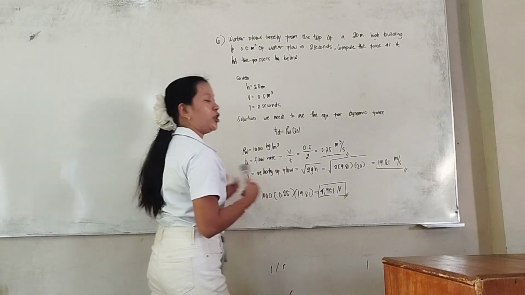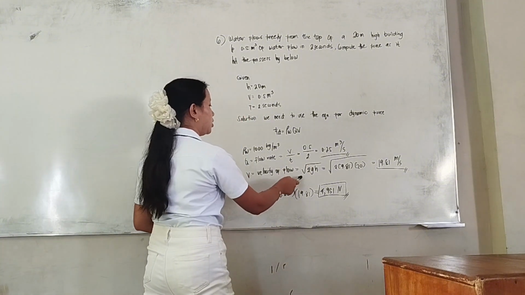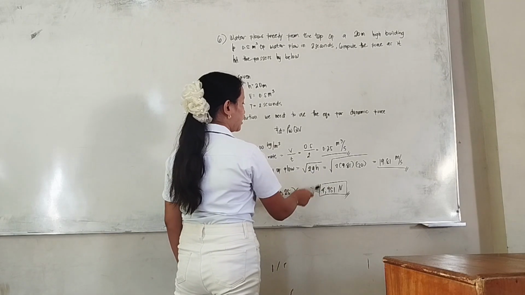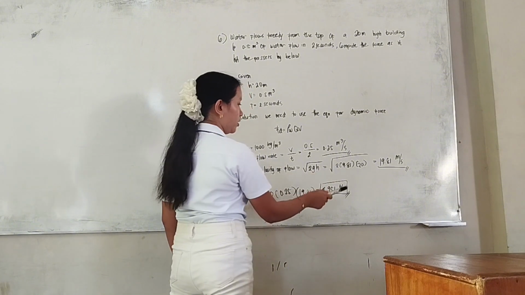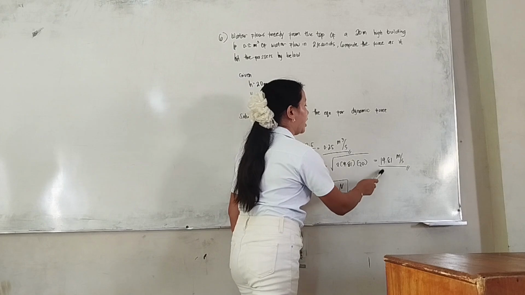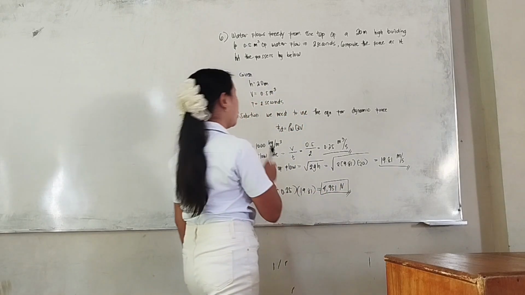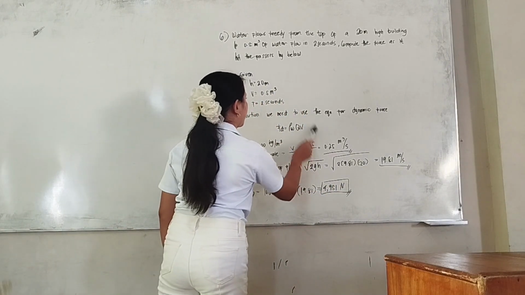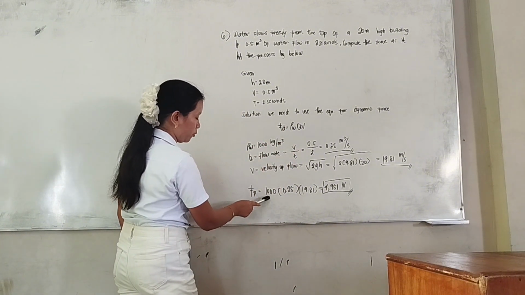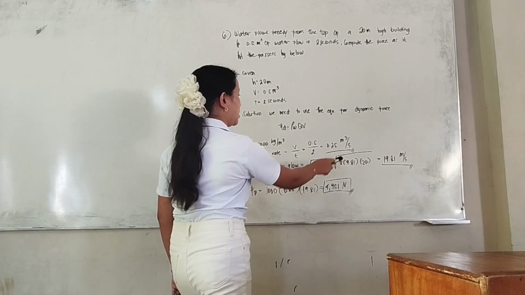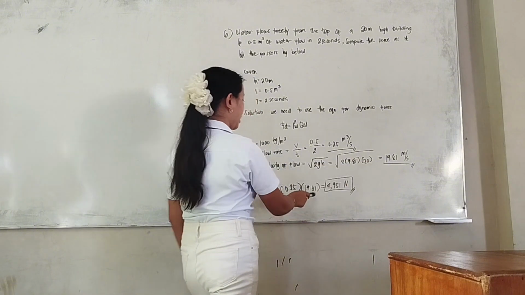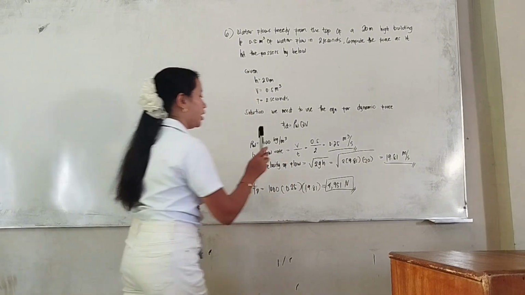Next is to find the velocity of flow. So, we have V equals square root of 2GH, equals square root of 2 times G, which is 9.81 gravity, and then the height of the building, which is 20. So to calculate it, we have 19.81 meter per second as our velocity of flow. So now we can find the dynamic force, which is FD equals density of water, which is 1,000, so input 1,000, and then Q is 0.25 times the velocity of flow, which is 19.81. So to calculate everything, we get an answer of